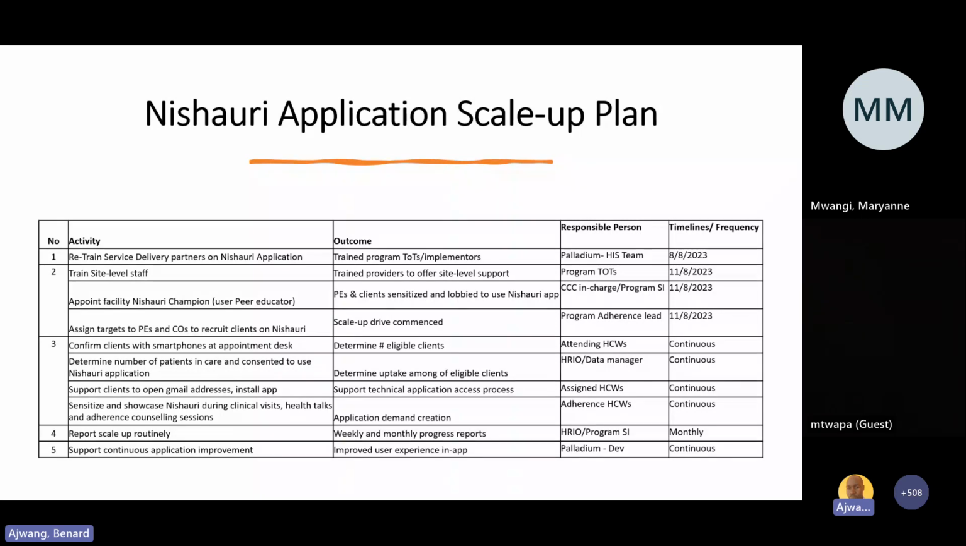And finally, we anticipate that there will be need to have continuous application enhancement on the side of Nishauri. And as has been obvious, one of